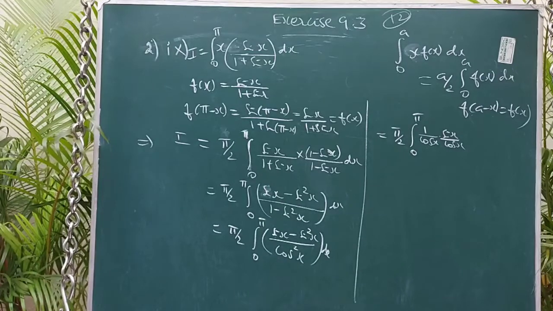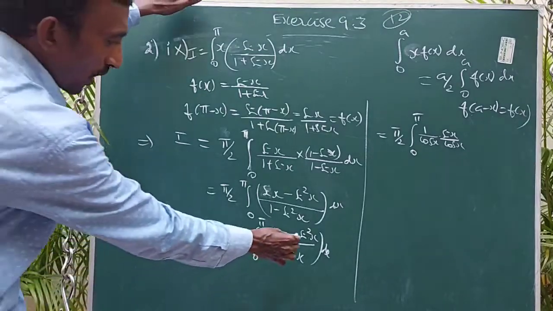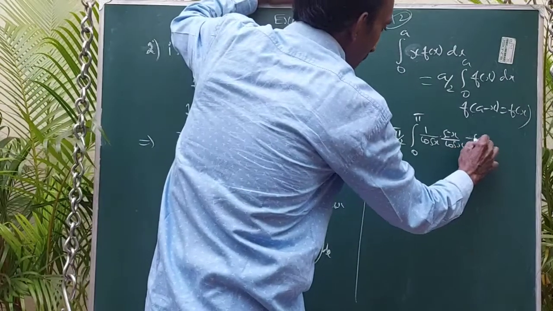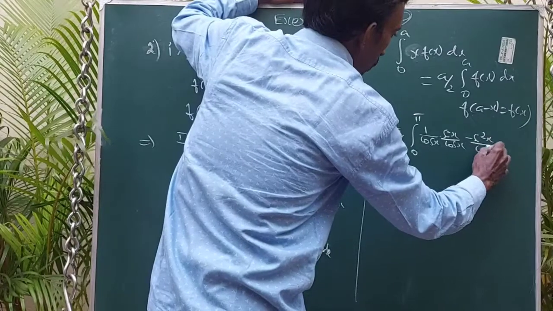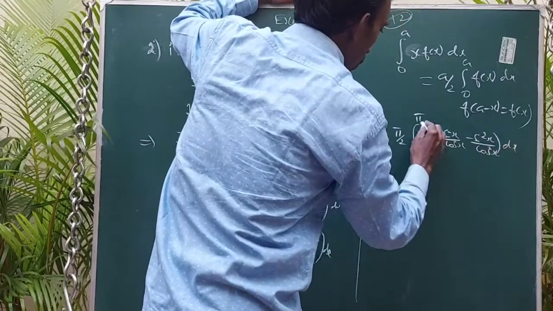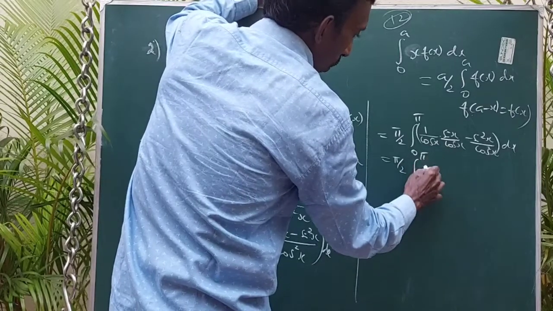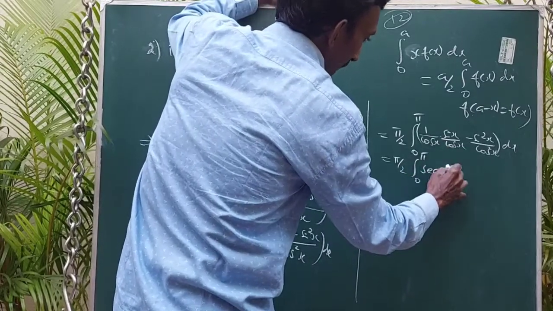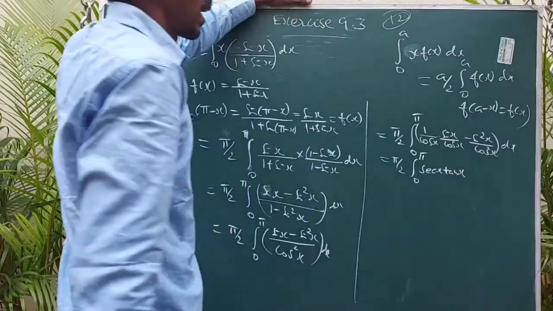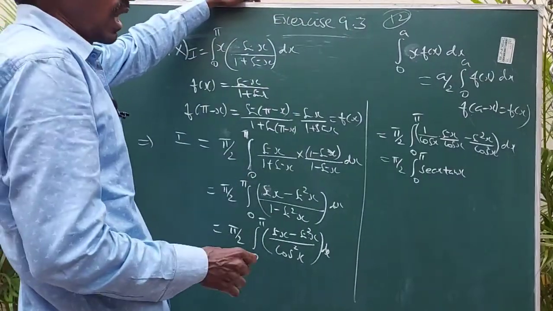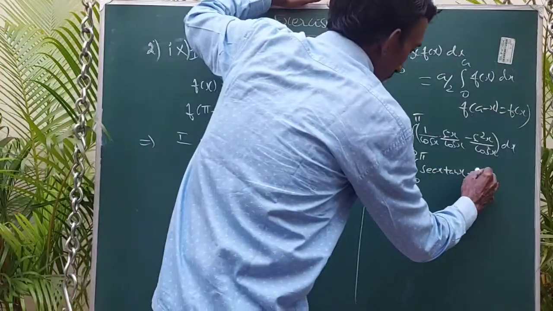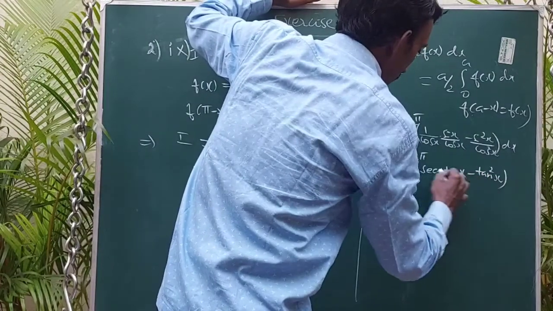Okay, again the remaining sin square by cos square, minus sin square x by cos square x dx, divided into 2 terms. So pi by 2 integral 0 to pi, so 1 by cos is secant x, sin by cos is tan x, so we are making it into the known formula, unknown to known, so minus tan square x into dx,